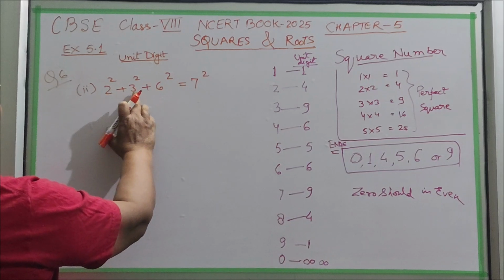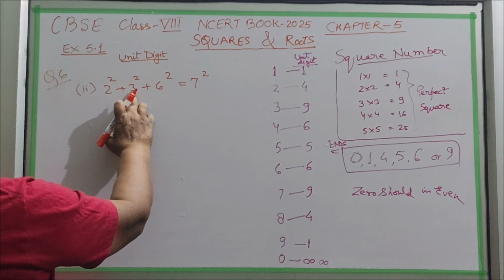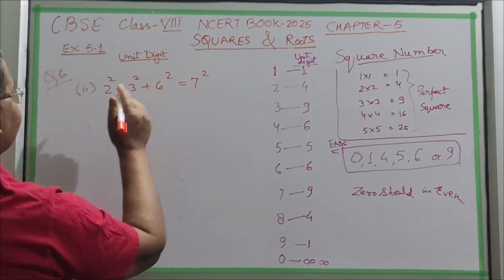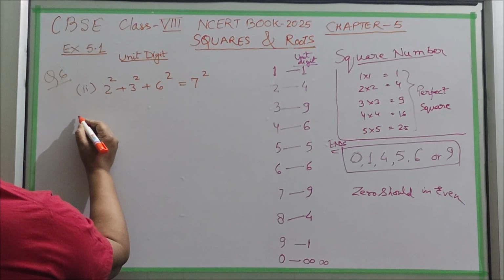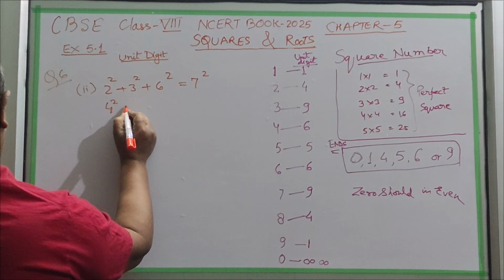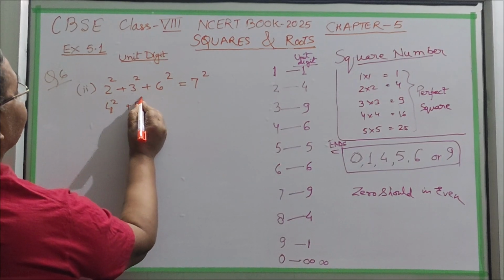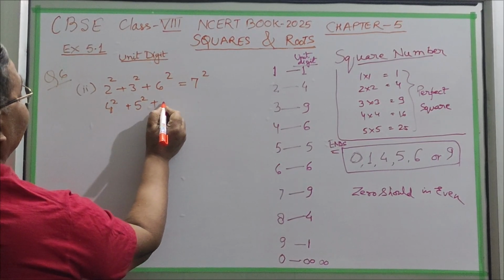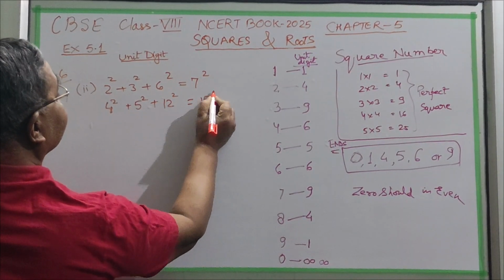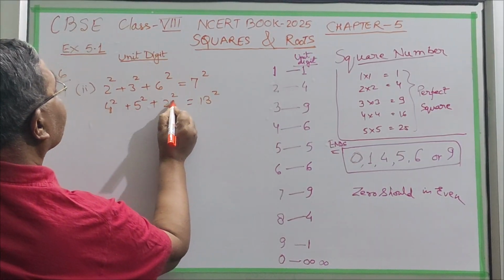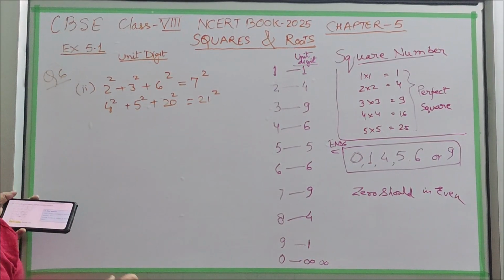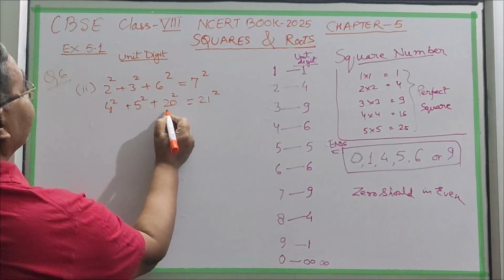One number, then the next consecutive number, and the multiplication of both these numbers, it will always be equal to the next number's square. So in this pattern, suppose we write 4 square plus 5 square plus 4 and 5 multiplied, 4 times 5 is 20, 20 square, it will be equal to 21 square. Okay. So in this way you have to now find which number will come.